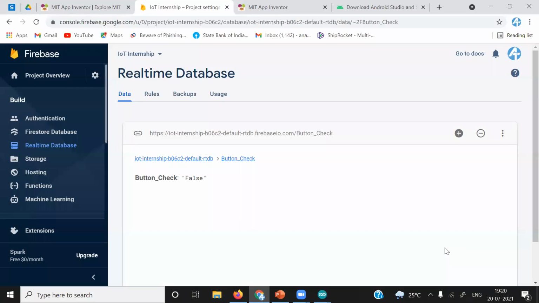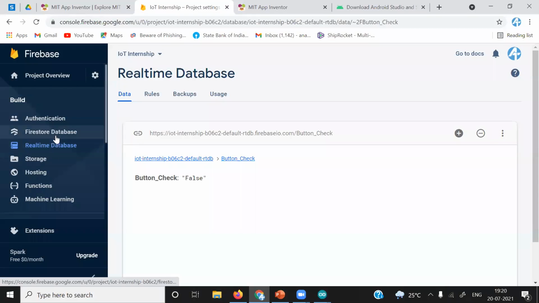How do we save data in Firebase for future use? There are two methods you can do it. There is one application or project where you can store data in a spreadsheet, an Excel file. I will provide the references for that. And there is another feature of Firebase, which is the Firestore database.